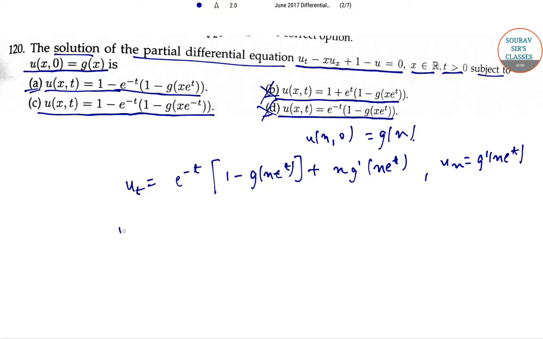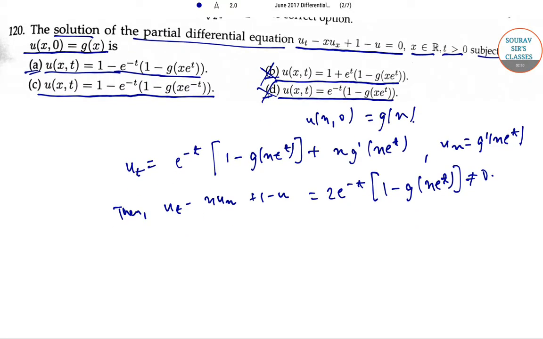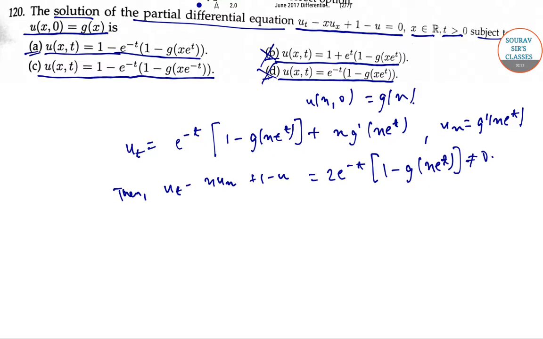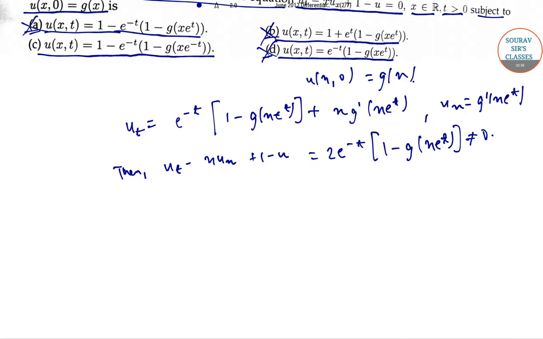Then u_t minus x u_x plus 1 minus u is equal to 2 e to the power minus t into 1 minus g(x) e to the power t, not equal to 0. So option A is incorrect. And similarly, if we take option C, we have